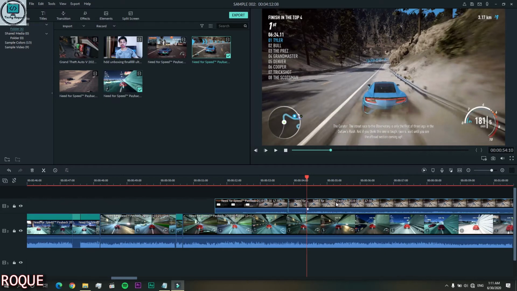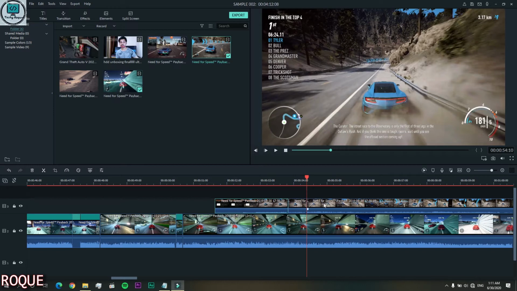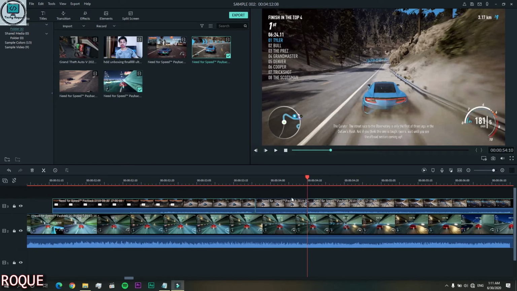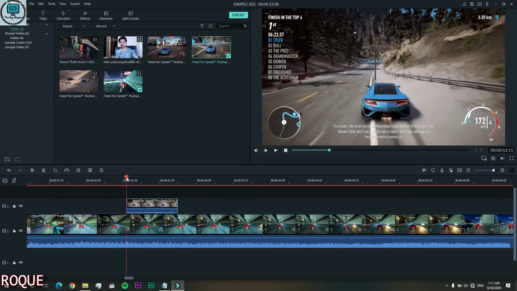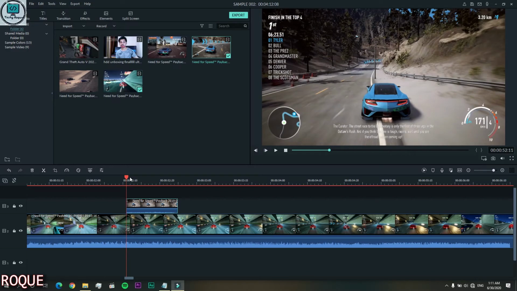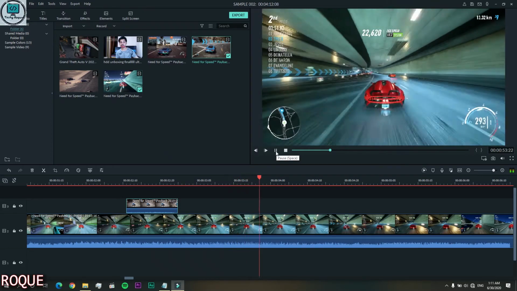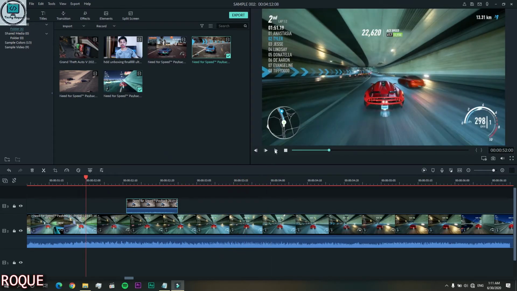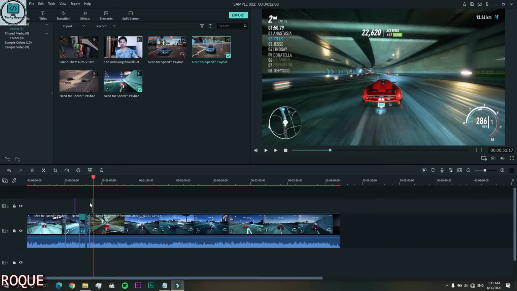So just split. You have to learn to press Control plus B to split every clip. Don't right click and go to split, just use Control plus B, and yeah, done. And for selecting multiple clips you have to press Control plus Shift plus select. So now play. You can see this clip is really short, and you have already deleted this clip, so you don't need to enter the whole clip.